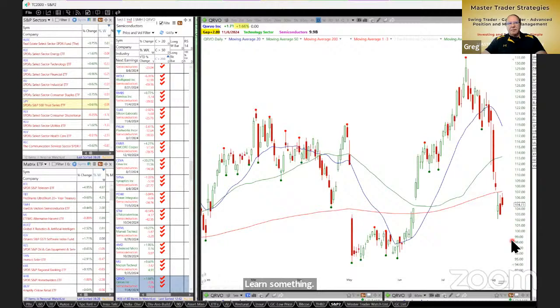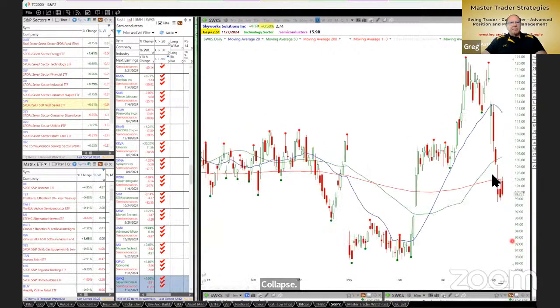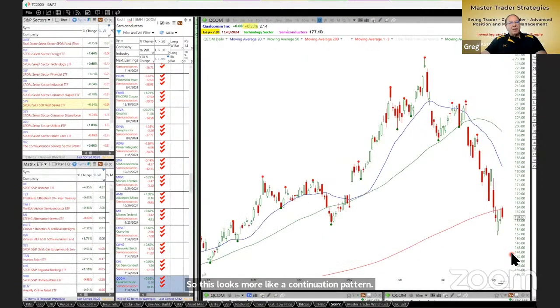Collapse. Could be a W bottom. Right? This one did not retrace. So this looks more like a continuation pattern. Right? So if we can find one that retraced, I retraced a little bit, really not enough, but QCOM